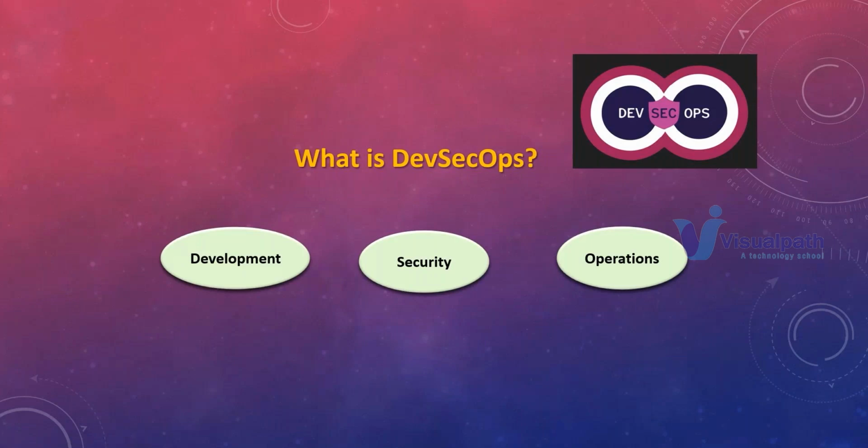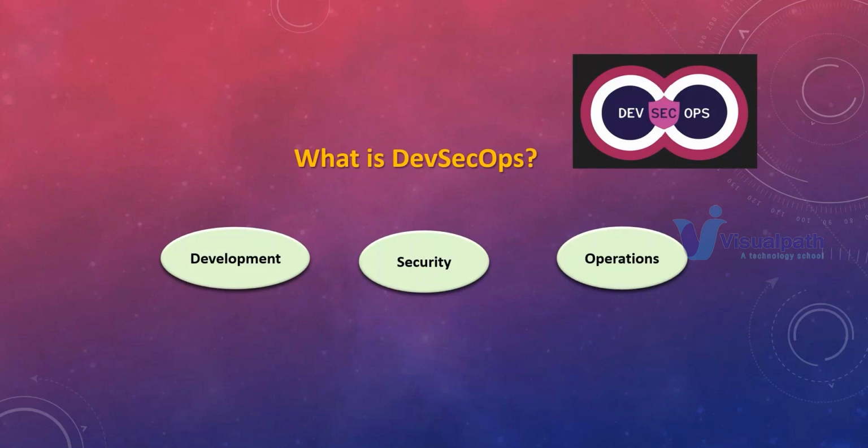Okay. So I will keep it so simple for now. Maybe right now you will not understand the whole thing about security, but when you enter into the actual course, then you will understand in detail what things we need to learn to implement security in our DevOps, the culture which is already adopted in the organization. Okay. So any questions on this? Seems to be okay. So DevSecOps is nothing but development plus security plus operations. So this is the new implementation that is added into DevOps. That's the reason DevSecOps came into the picture.